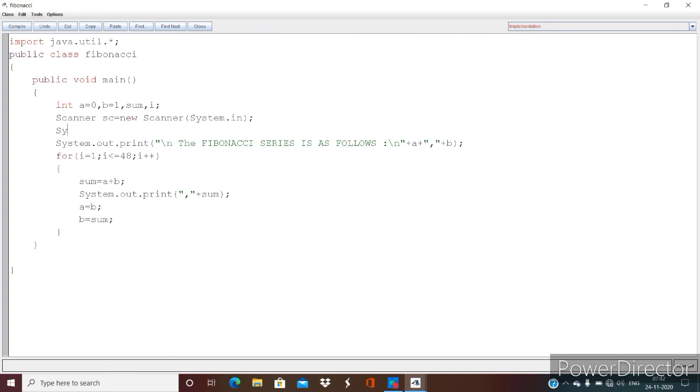System.out.print, enter the number of terms.